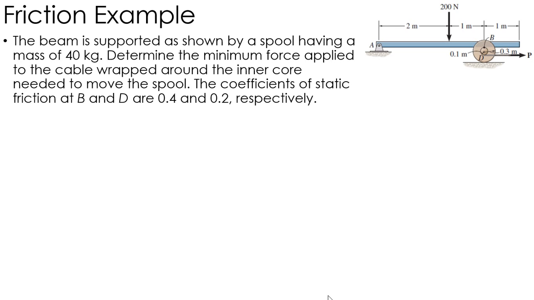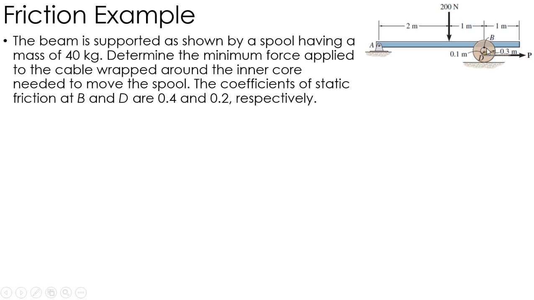Okay, here's an example where we use friction. So I've got this beam. It's supported by a spool over here. Okay, it's a 40 kilogram spool. We want to find the minimum force P that's applied to this cable, which is wrapped around the inner core